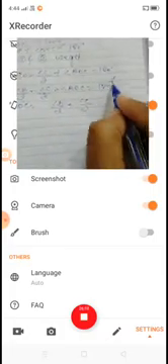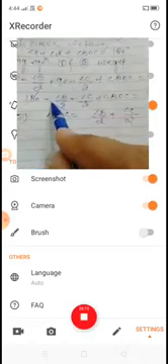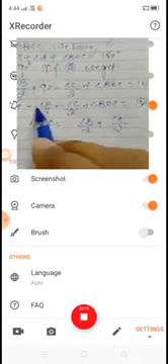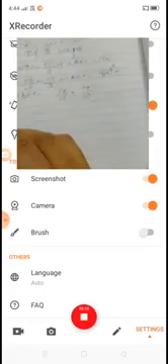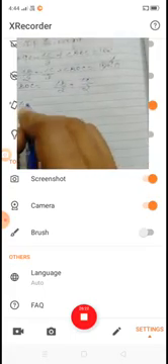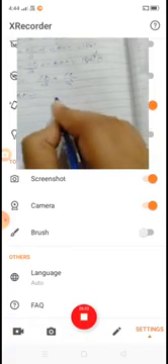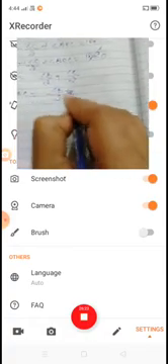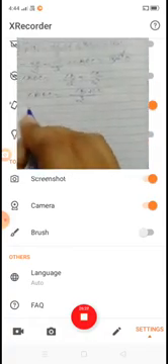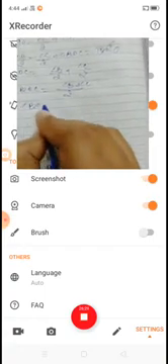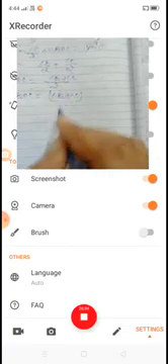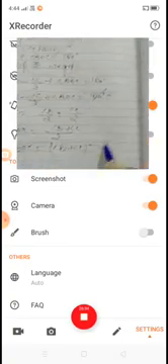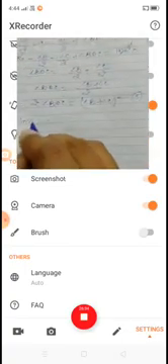We transfer minus B by 2 and minus C by 2 to that side. We get angle B by 2 plus angle C by 2. So we take LCM 2, we get angle B plus angle C upon 2. So we have angle BOC is equal to angle B plus angle C upon 2. Take this as equation number 3.